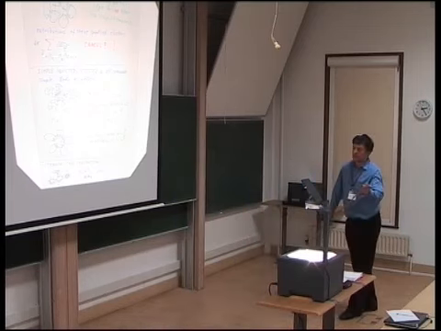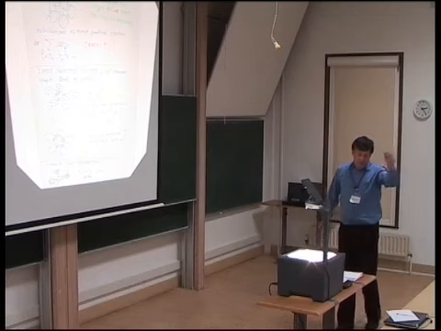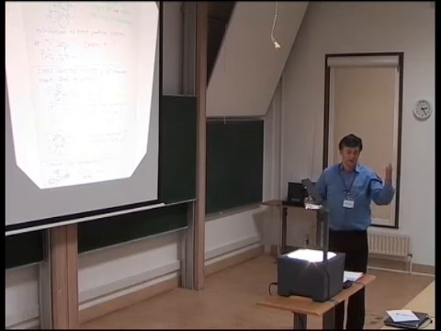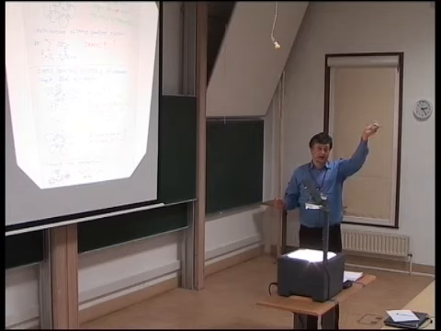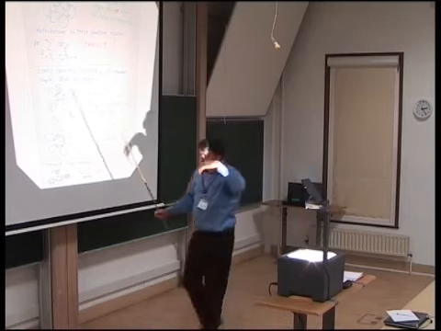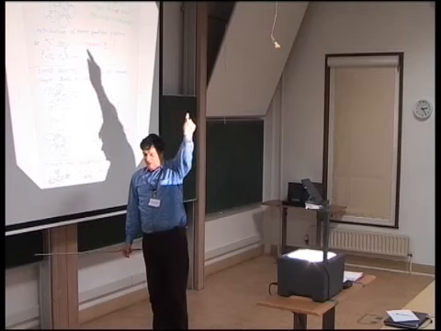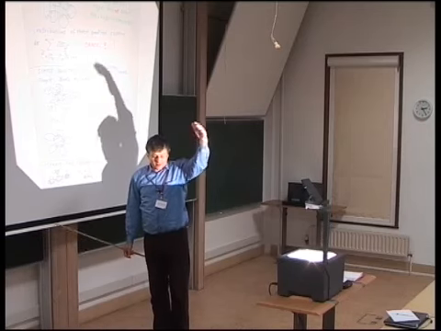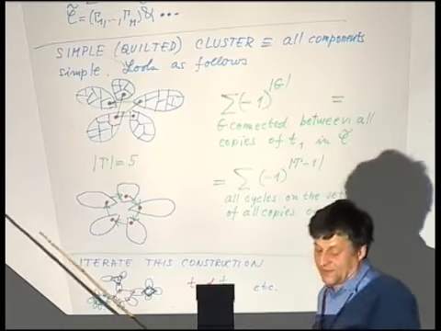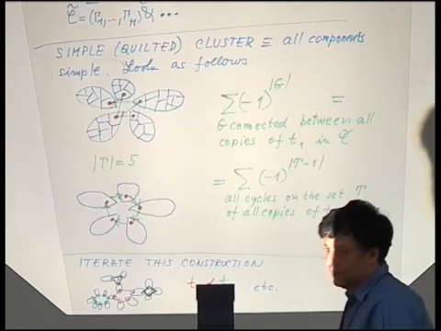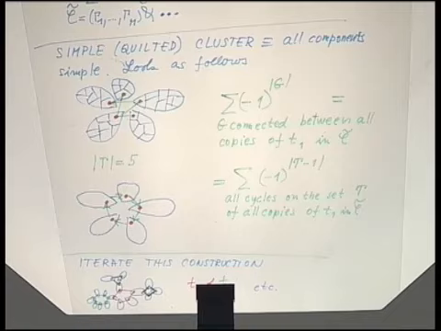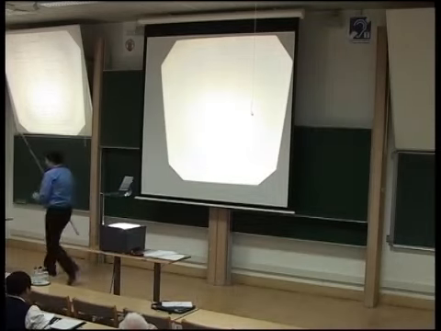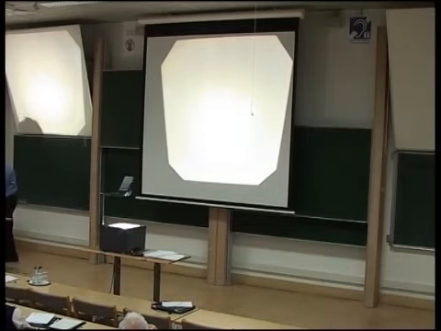Components are the things you get by erasing the green edges. Then we take the second chief point, and again I analyze the structure of the cluster with respect to the first point of the lattice. Then I have objects which are complicated, but contain the first point of the lattice only once. And things that you get by deleting the green. Yes, and I take the second point of the lattice, and I am doing the same. Okay, this still looks maybe complicated, but it is not so complicated, because if you look at some